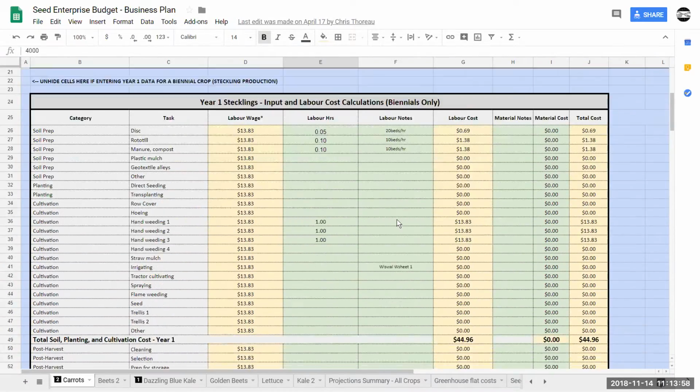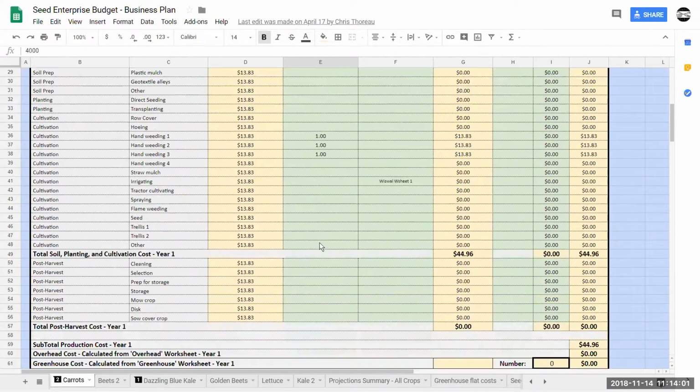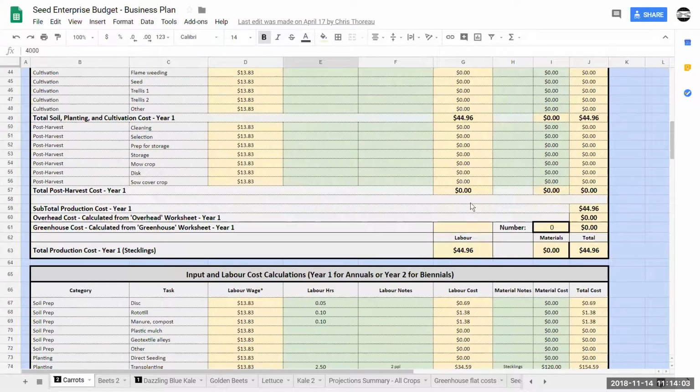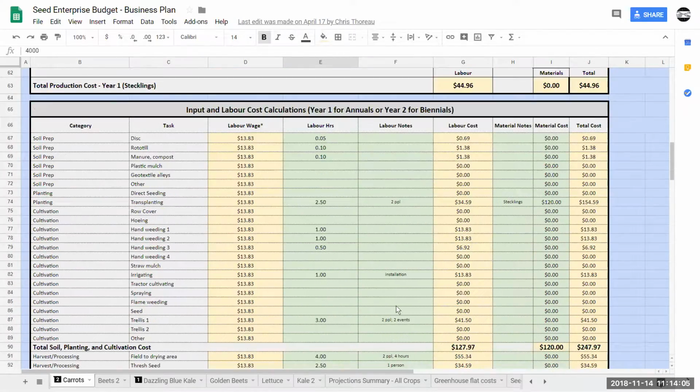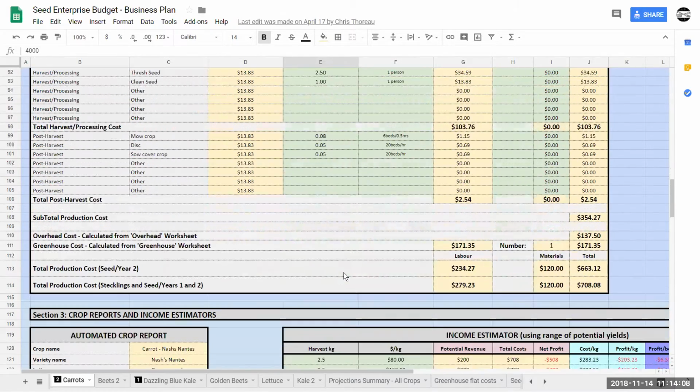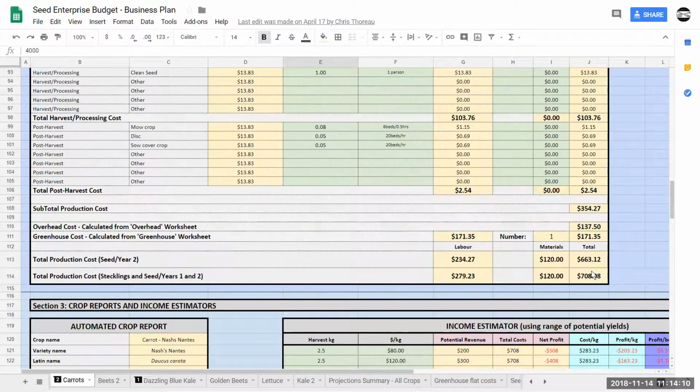Details are in here for the time that went into all the different aspects of it, and you can see it starts calculating the stuff as you go. More information here. As we get down to this section in the lower right-hand side where my cursor is, the cost to produce that crop for us ends up being about $710. This includes our labor costs, as I mentioned, the structure, the cost of buying starts, all this stuff is included in there. So what I need to do as a farm is make $708 in sales in order to